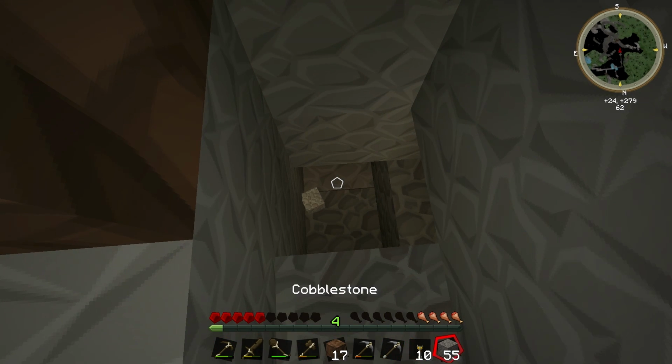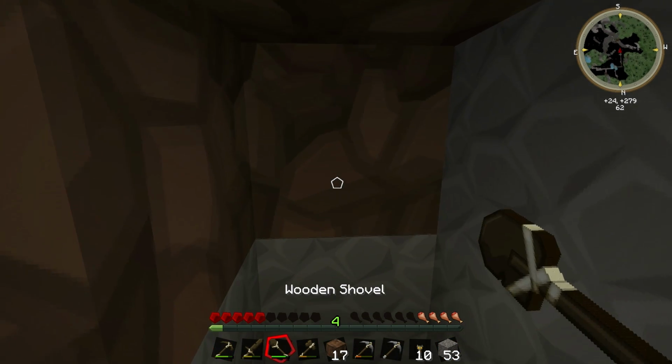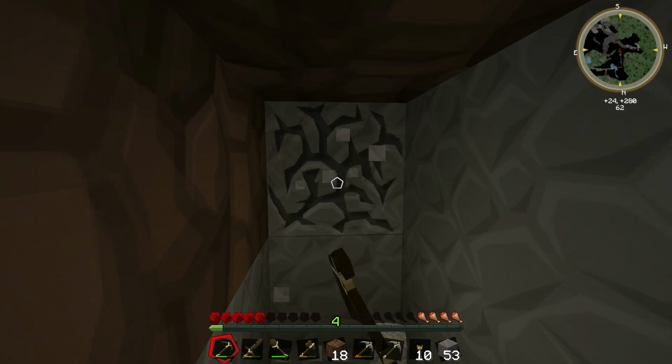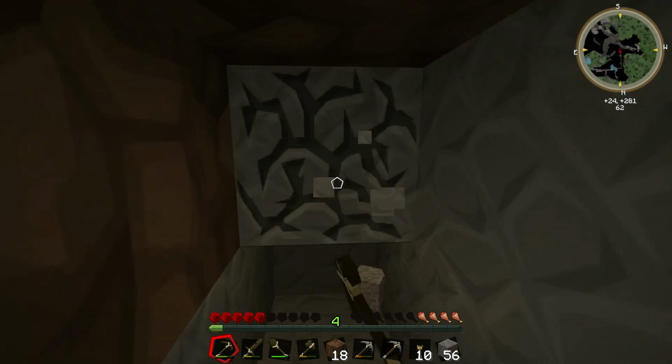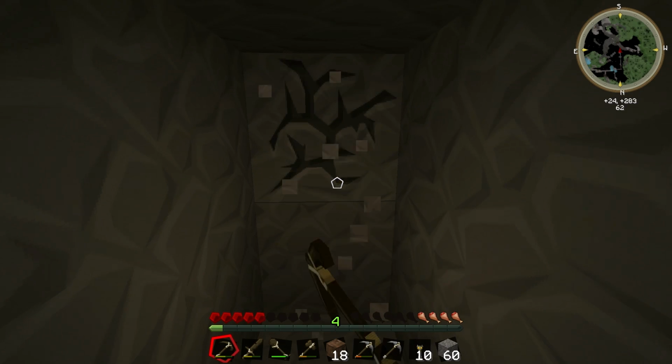And we can just fill that back up. There we go. And then we can carry on mining through in this direction. Hopefully, we're going to join up with that cave system soon. We seem to be quite close to it, so let's keep digging. It's probably going to be full of zombies and skeletons and spiders and creepers and stuff like that, but let